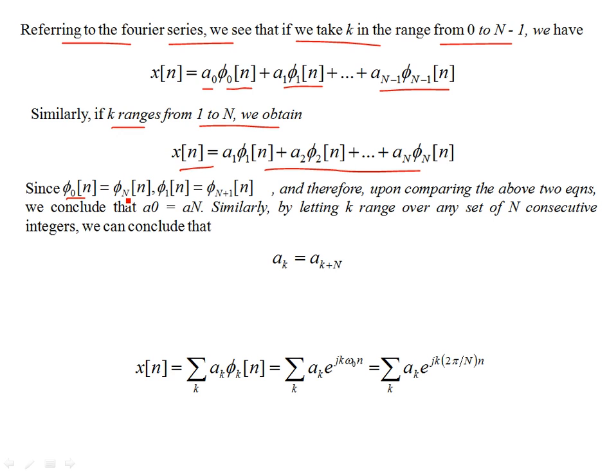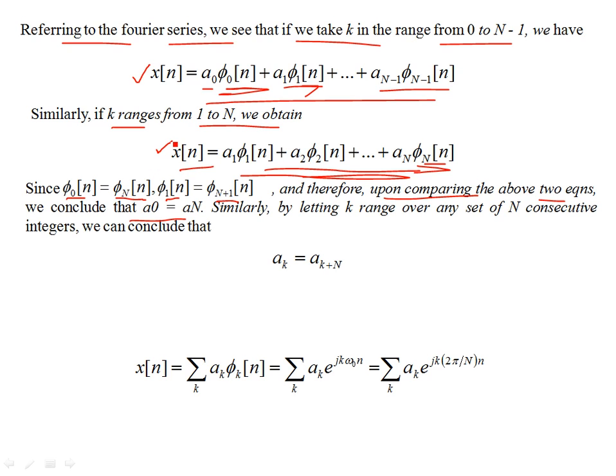And now since phi naught n is phi of capital N, so over here you see this term is the same as this term. And phi 1 of n is phi of n plus 1, which is going to come after this term, n plus 1. And therefore, upon comparing the above two equations, we conclude that a naught is also a of n, right? So now the thing is, these two expressions are representing the same periodic sequence